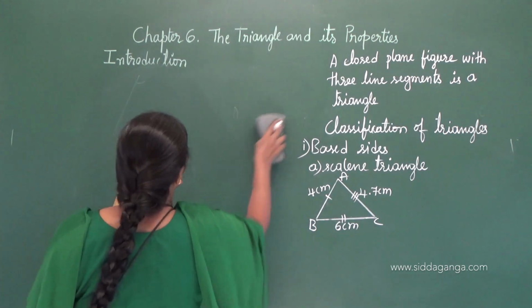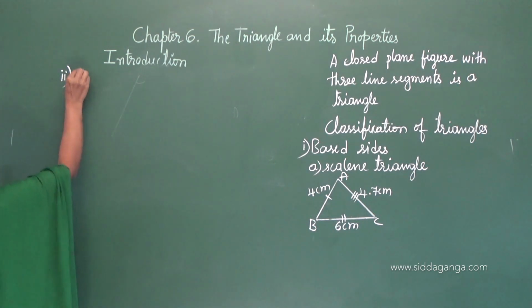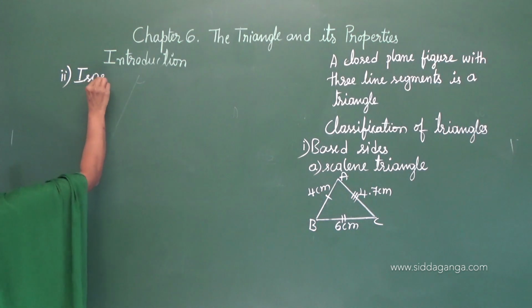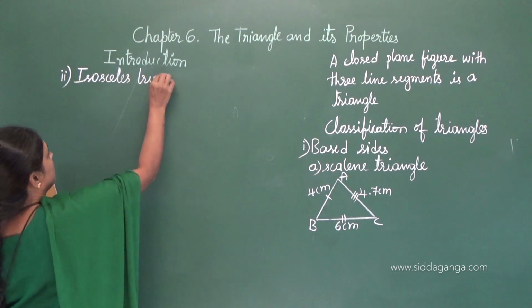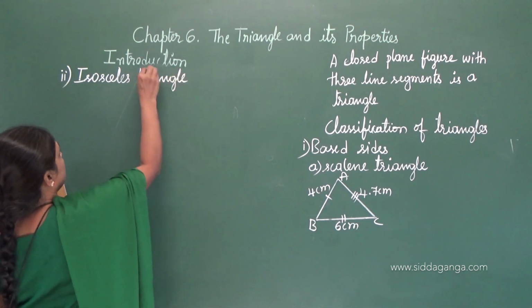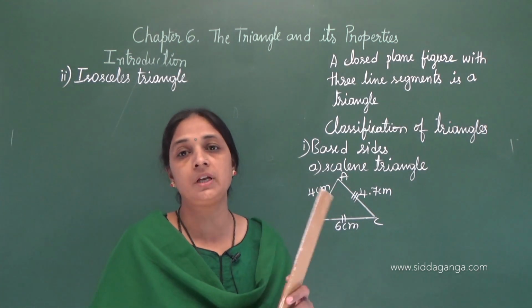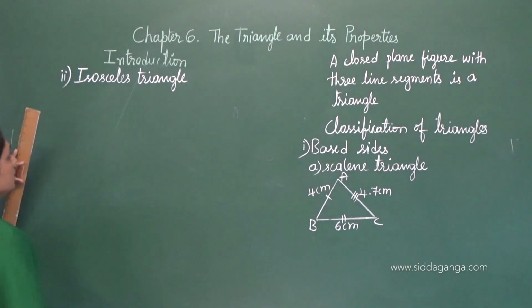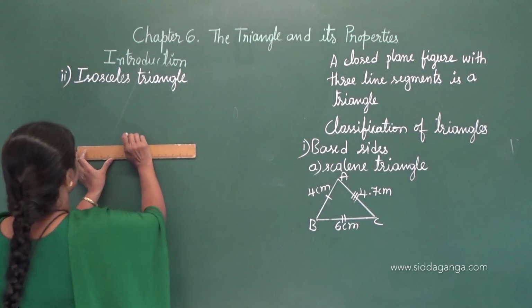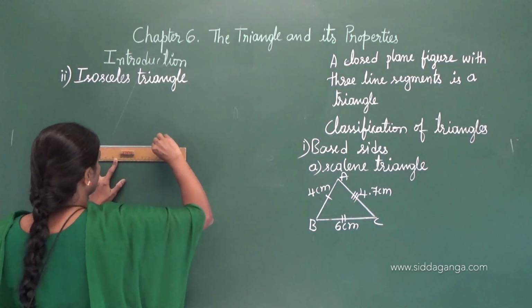The second one is isosceles triangle. What is isosceles triangle? Isosceles triangle. Here we can see any two sides of three are equal. Any two sides that you can take equal. Okay, I can write like this, if I take like this,